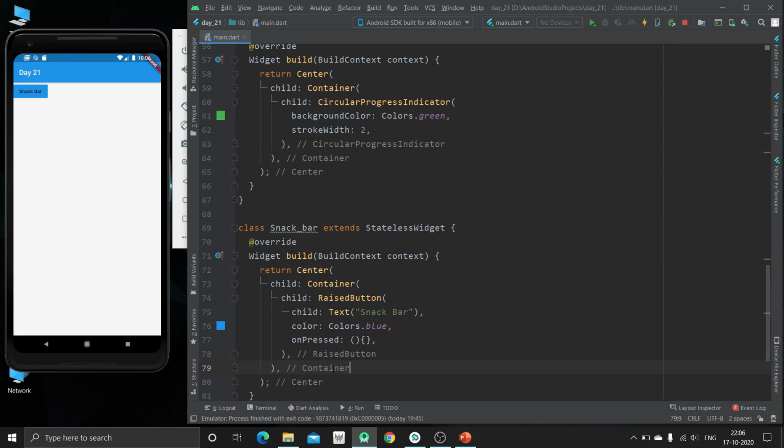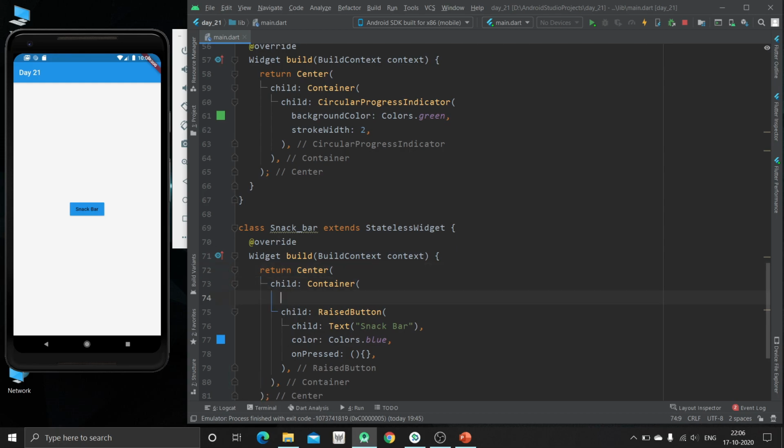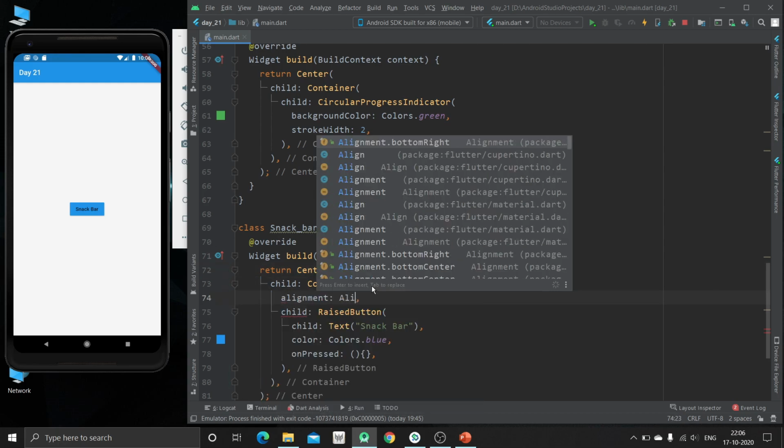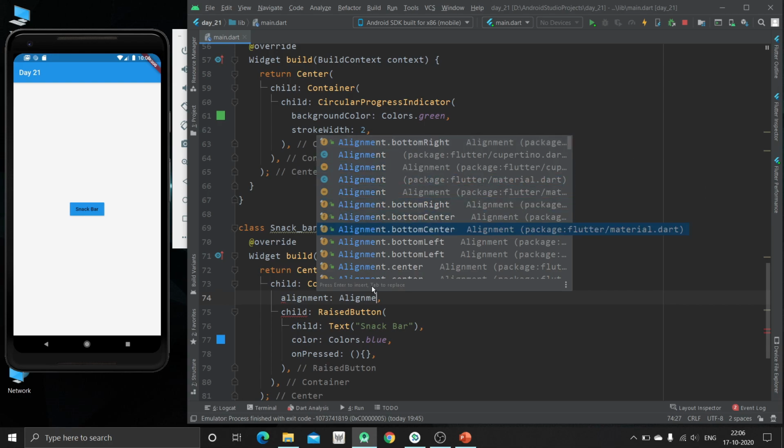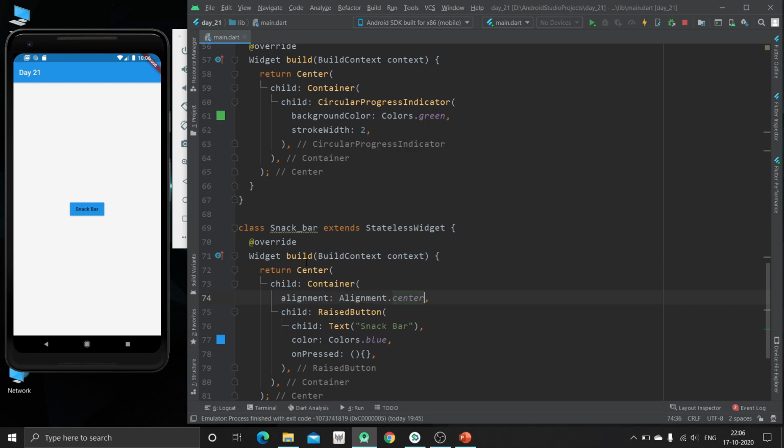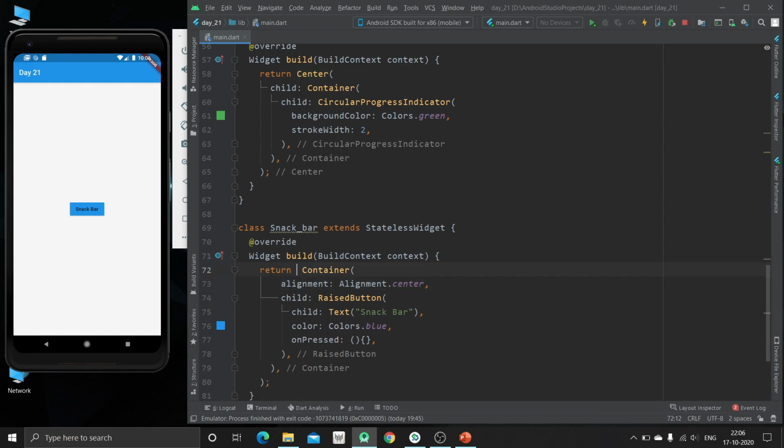Now just hit Control and S, and you can also, instead of using this center widget, specify the alignment, alignment dot center. The purpose of both this property, or we can say this widget, is same. Now just hit Control and S, you will have the same thing.